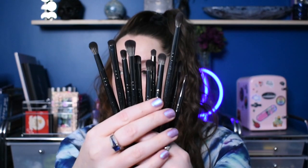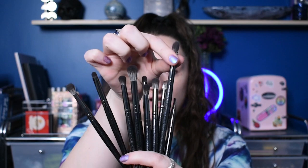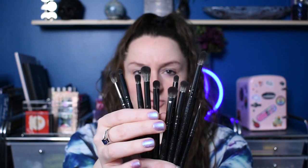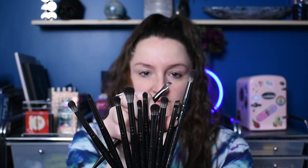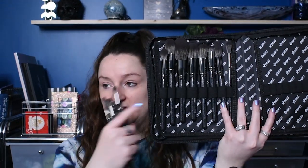Okay, so the actual eye brushes look pretty good. We've got a lot of nice kind of fluffy blender type brushes, a couple more dense brushes, and then for some odd reason we have two bent angle liner brushes. You can see them both there, but yeah, we're gonna give these a try today. And then they do also have the face brushes, so we'll give those a try when we're ready for the